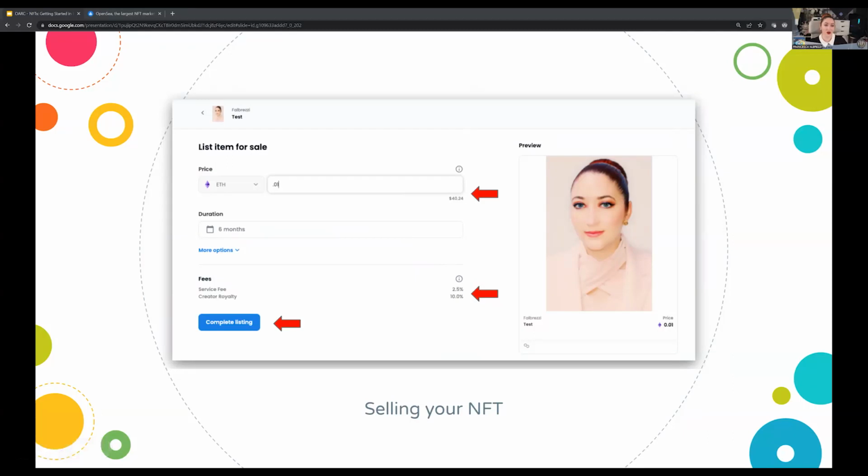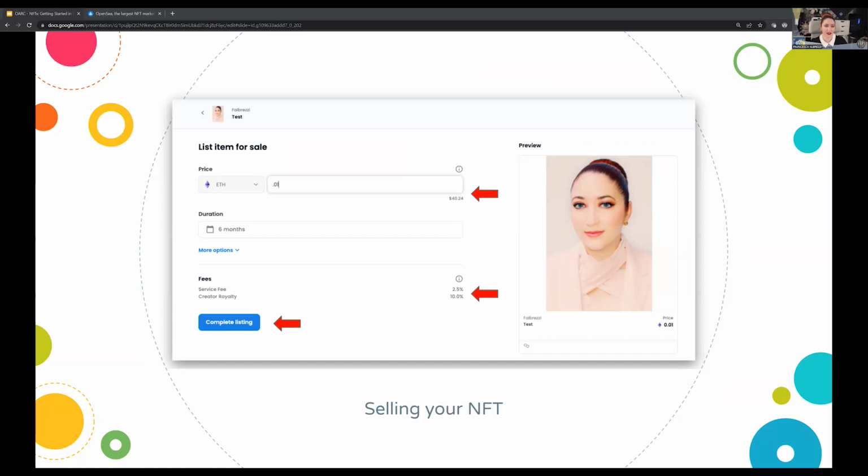When you're on the new item page, you can click sell in the upper right corner and you're ready to list your NFT. You'll start by deciding how much you want to list your NFT for. You're listing in crypto, so when you type in a number, you'll see the current corresponding rate in US dollars under the field on the right. For example, when I did this five months ago, it was about $40. Today, if you did it today, 0.01, you'll see it's approximately $20.